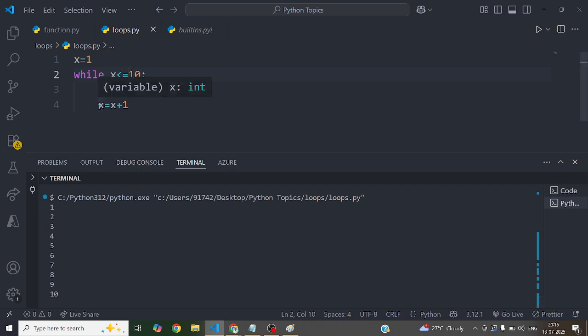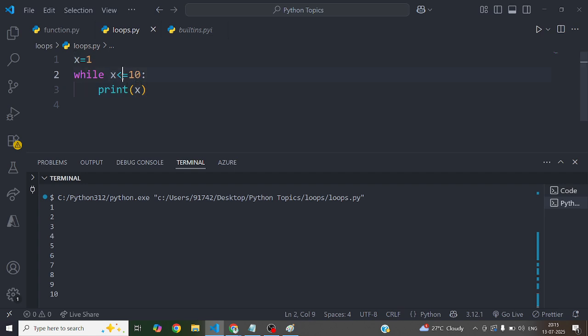No issue. Now you will ask why I am incrementing. Use your logic. Here x is 1. Is 1 less than equals to 10? True. Print 1. Suppose I am not writing the increment here. Print 1. Then again 1 less than equals to 10? Yes.